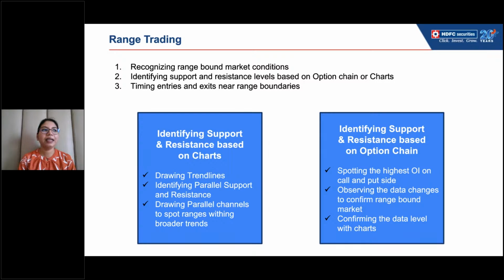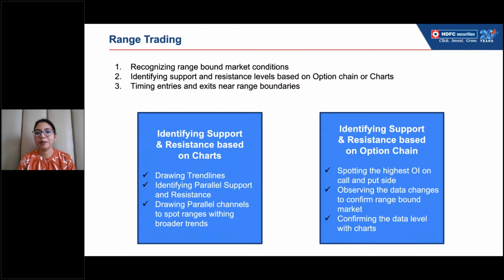इसका मतलब ये नहीं कि डेली हम लोग 1-1.5% का अपमूव देख रहे हैं. दैट इज नॉट हैपनिंग. So inside a broader trend there will be some days when the market will be comparatively range bound. ठीक है, तो ऐसे में कंप्लीट फ्लैट आपको सपोर्ट रेजिस्टेंस के दो लाइंस नहीं मिलेंगे. यू विल गेट अ पैरेलल चैनल. ठीक है, एक कुछ स्लैंटिंग टाइप का आपको स्ट्रक्चर देखने को मिलेगा, दैट यू कैन ड्रॉ विद द पैरेलल चैनल्स ऑन द चार्ट्स. ठीक है, नेक्स्ट